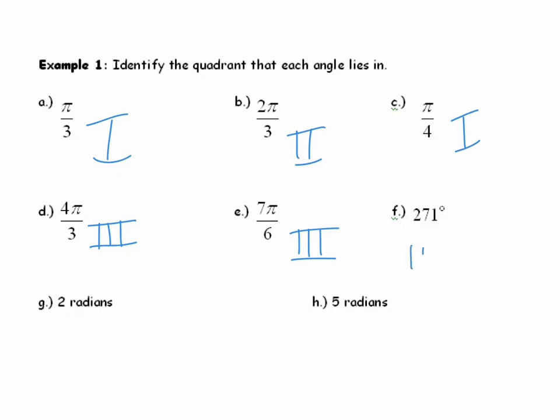Yeah, good job. Quadrant 4. Okay, 2 radians. Quadrant 2, so you're taking your radius and you're wrapping it around twice. Pops you into quadrant 2. 5 radians is just before 6 radians, right? Quadrant 4. So if you're wondering where that was in today's lesson,